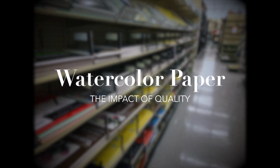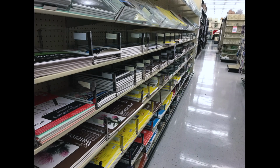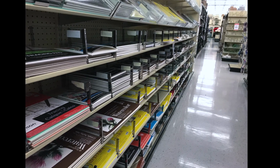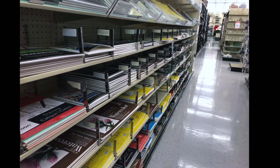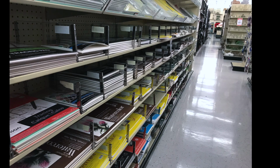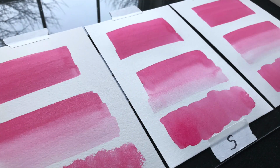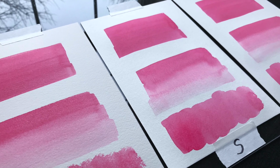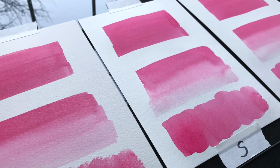As a watercolor artist or student, your choice of paper can have an enormous impact on the application of paint. But how can you determine which papers are best? In this video, we're going to visually examine the different watercolor paper options. And through our testing, you'll see how paper ingredients and differing levels of sizing influence the paper's ability to handle